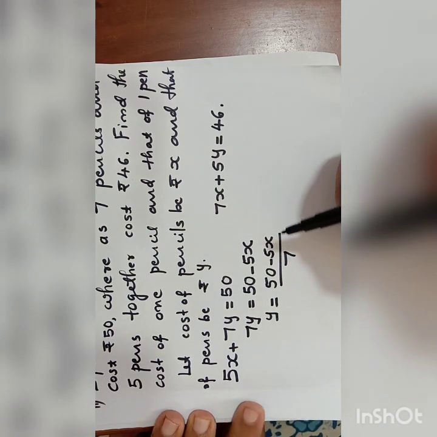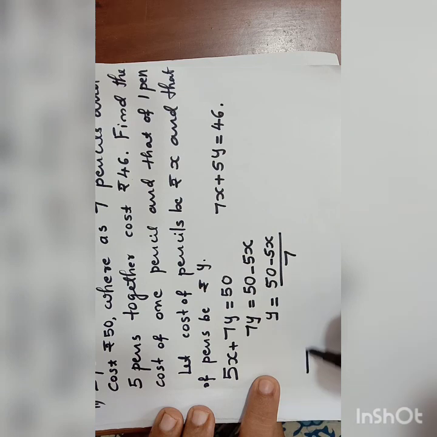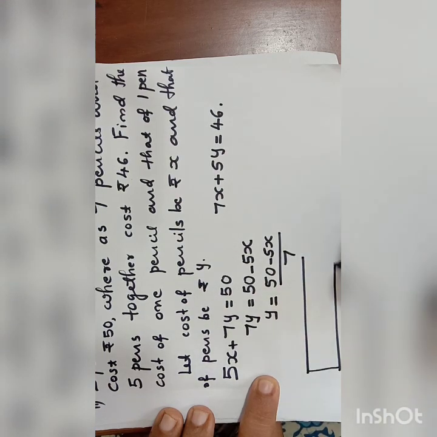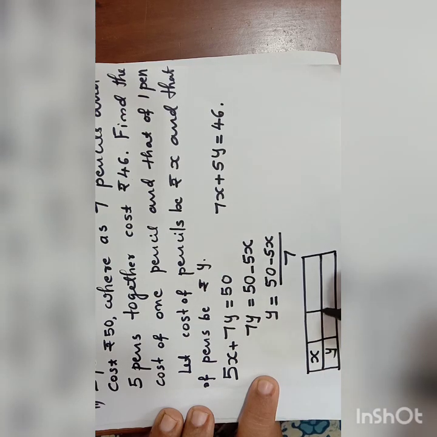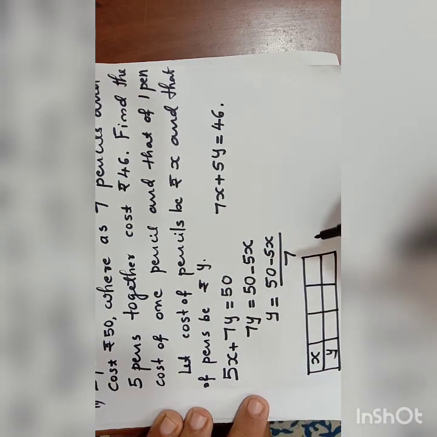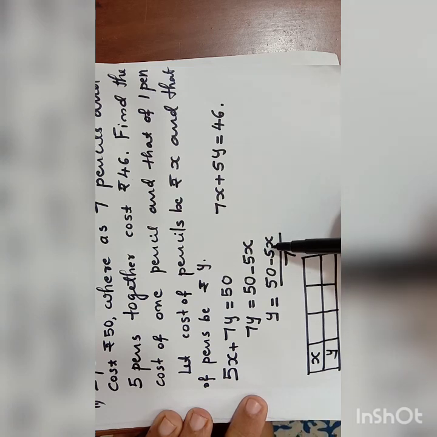Let us find out some points for that. How to get the points? You can substitute some values for x and we have to get the value for y. Making a column like this, 3 points we are going to find out. We can give any value for x here. If we give 1 and all, it will be very small. So we are giving some bigger numbers like 3.